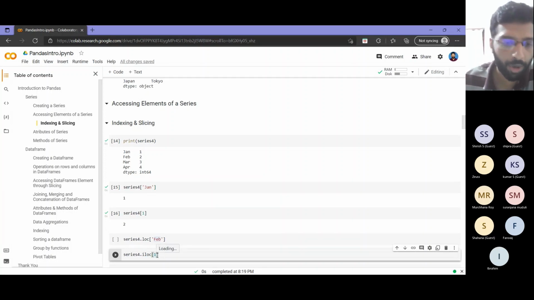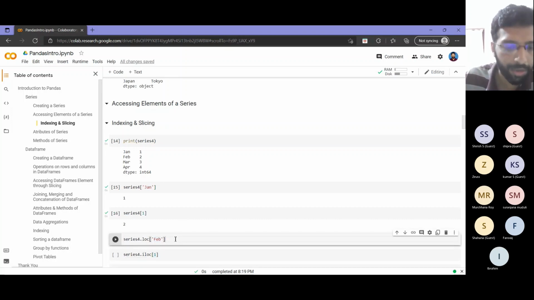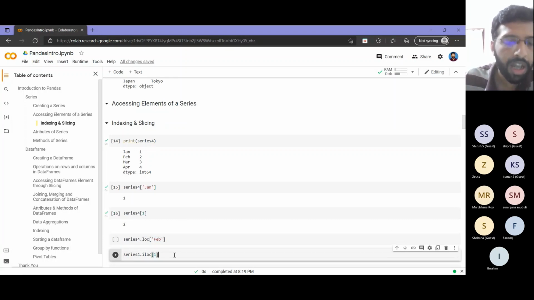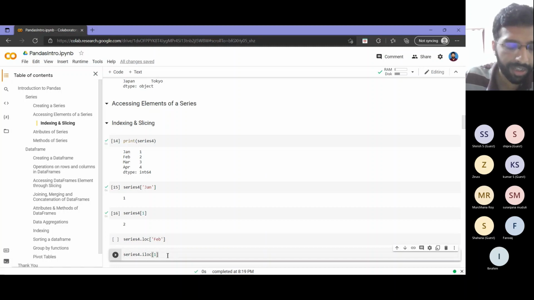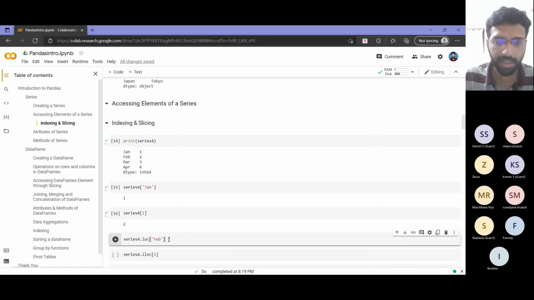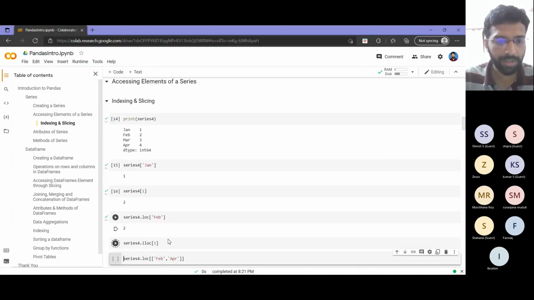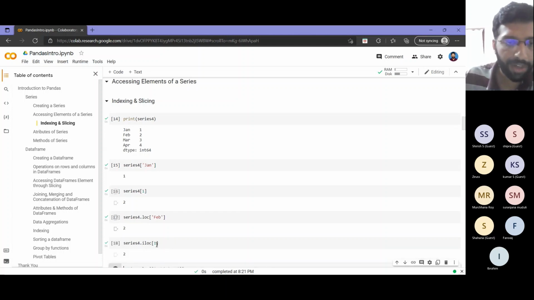So whenever you are writing code for pandas, you should try to follow the second approach, because if you write like this, line number 15, 16, it will get very confusing to somebody who is going through your code. Whereas if you write code using .loc and .iloc, you can directly know that, okay, you are accessing based on the label from this point, or you are accessing based on the integer location from this point. So if you run this, you will get output similar to this. I hope this part is clear, right?